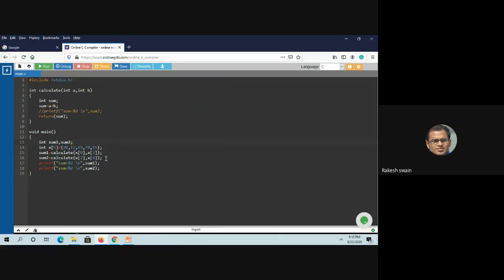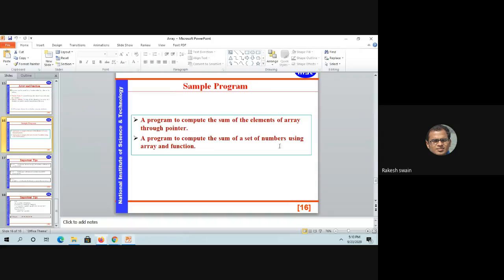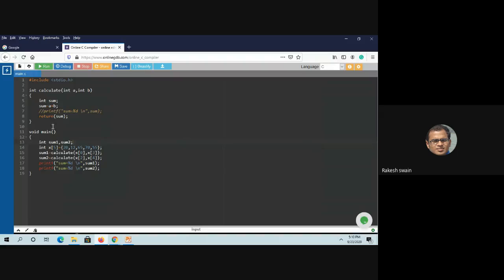Suppose the same program: a program to compute the sum of a set of numbers using array and function. That means we have to calculate the sum of all the elements in the array. That means we can pass the whole array. So how? We can pass the whole array. See here, the program is like this. If you pass the whole array,